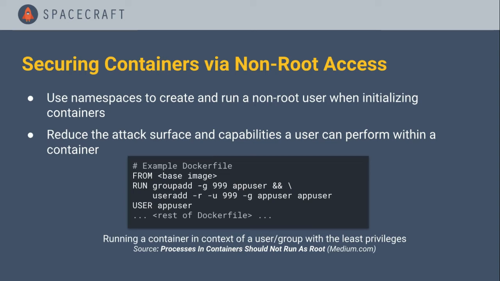We're going to use namespaces to run as a non-root user so that we can reduce the attack surface. This is an example Dockerfile that allows the container to be run as a non-root user. But of course, we want to further lock down our container